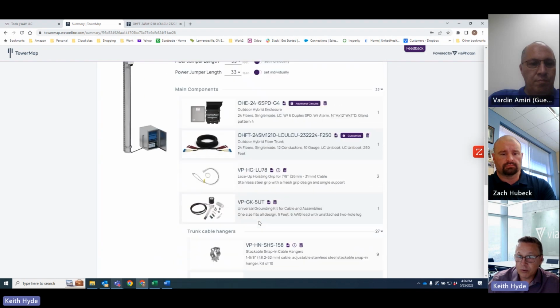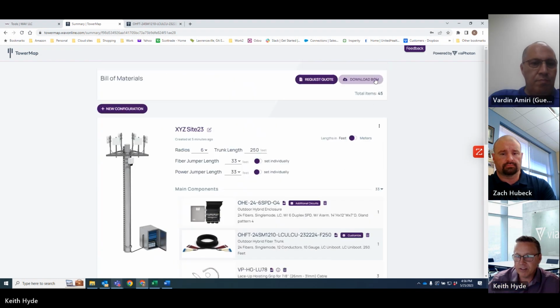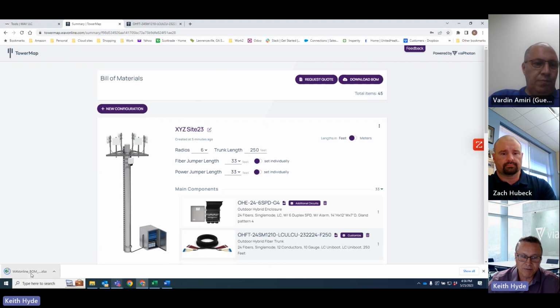So when you have that, the next thing you do, hit this BOM. You can do it in Excel or PDF. If you do this request for quote, this goes straight to Wave and to their sales team, and they can reach out to you and they'll have the information. If you want to download it to modify it or send to your salesperson, you can do that by downloading a PDF or Excel. Some folks will download the Excel form, open it up and do some modifications or make notes in it. But this does have a complete BOM for them